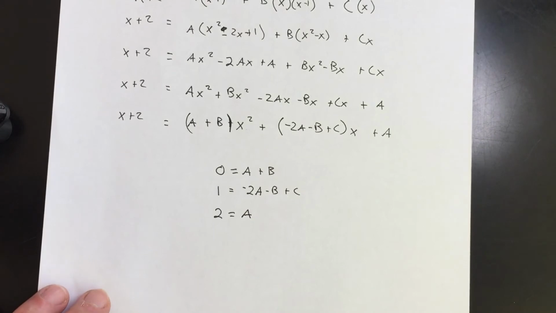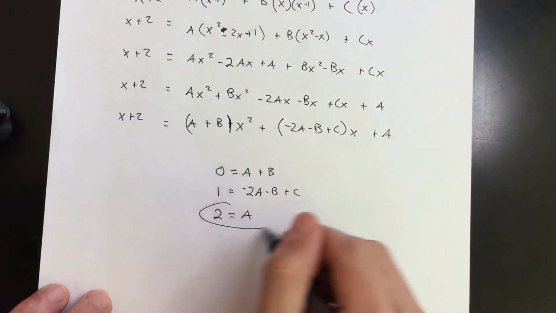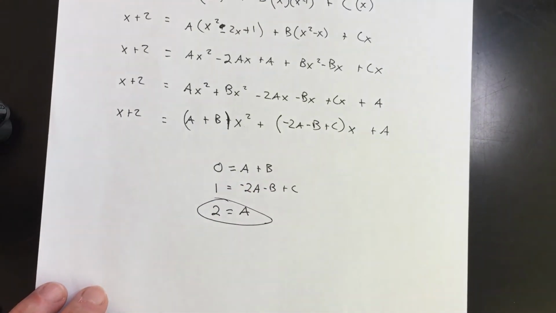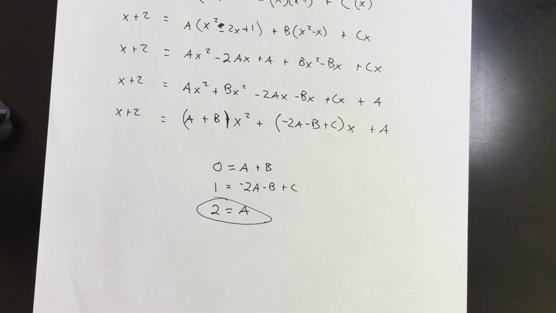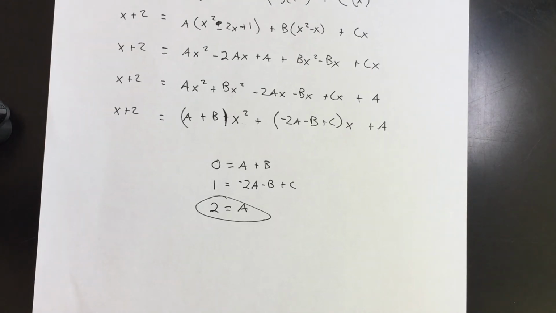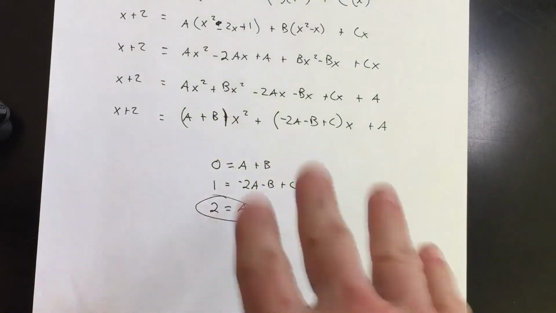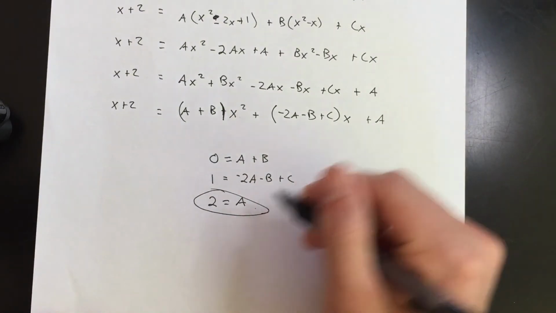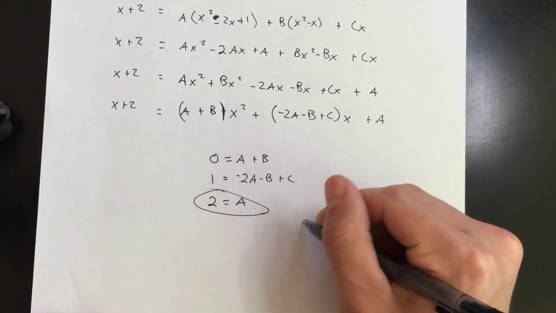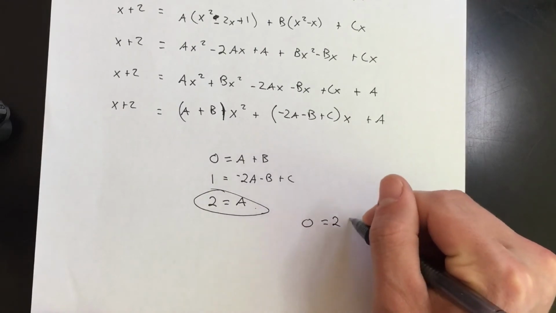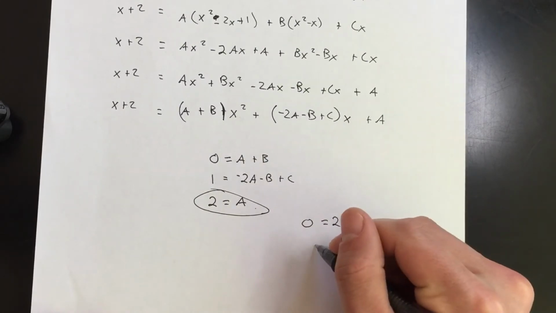Last, my constant has to match my constant. 2 equals A. Well, right away we already got at least one answer. We know A is equal to 2. I'm going to use that to try to solve for B and C. What's nice about this example is I really don't have to go through the process of the elimination method. We will do that for the second part of the video. Now I can just substitute and solve. So I'm going to take this, substitute into that first equation: 0 equals 2 plus B. Therefore,